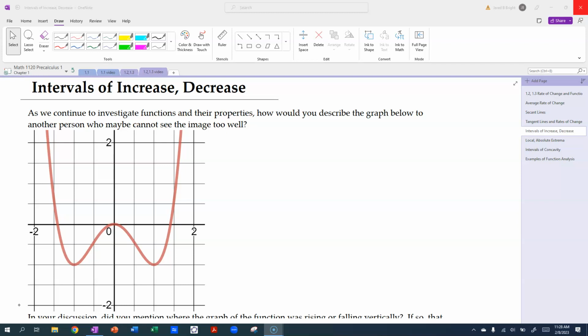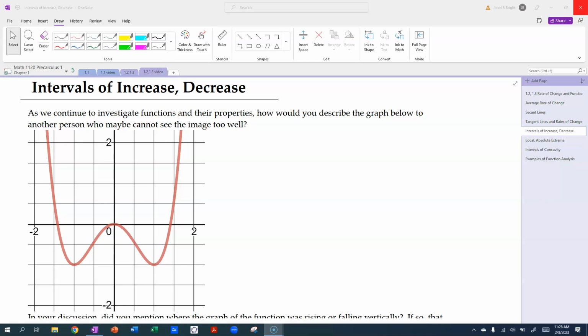Well, if it was me, I would say, okay, when I look at this function, it's approximately on a domain of -2 to 2. Okay, that's the first thing. And then I would say, as I go from left to right, it falls vertically. And then at -1, it sort of bottoms out. And then from when x is -1, after that, it rises vertically and then sort of tops out at the